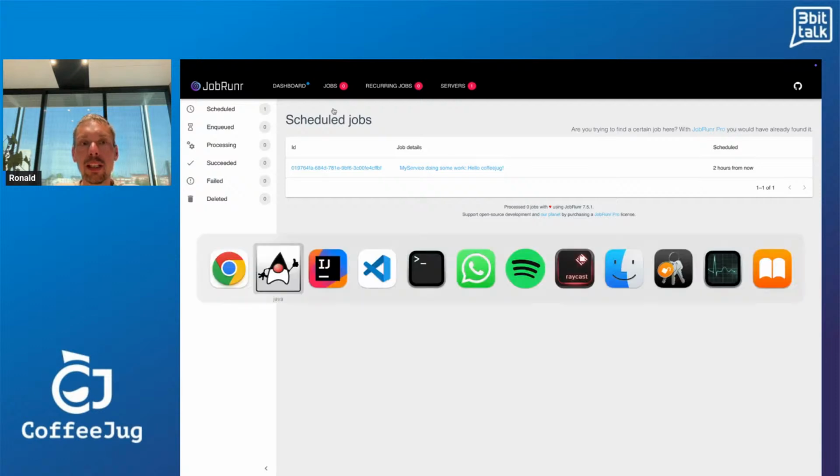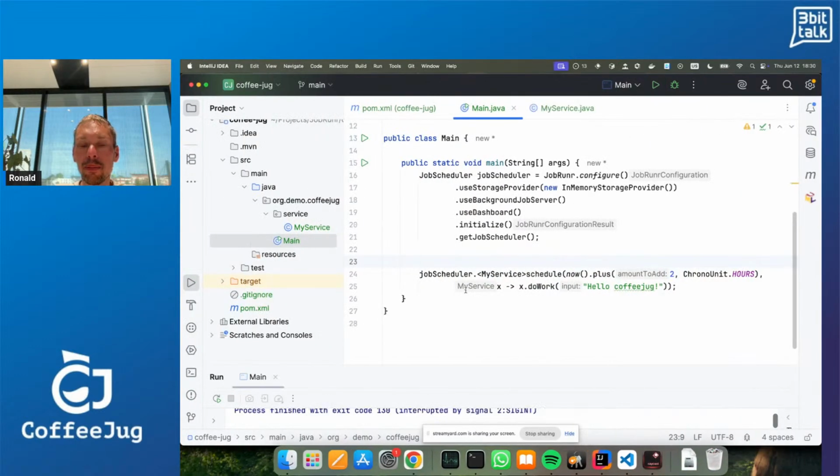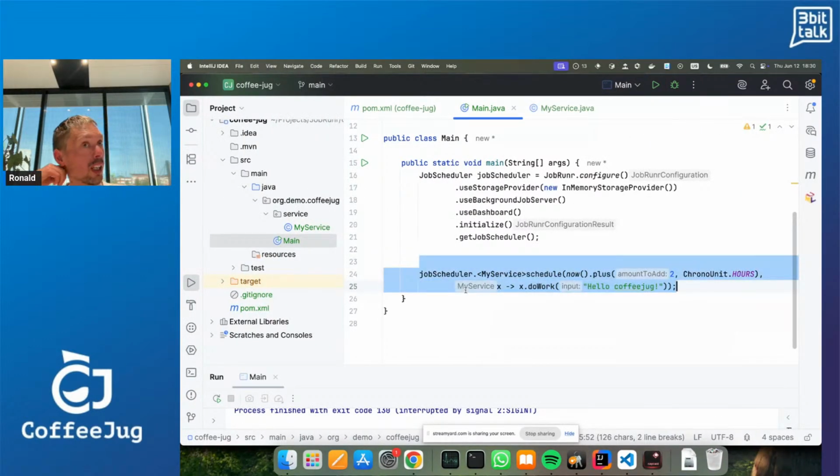And then we get to the last part almost of the demo. Let's stop this again. Sometimes you want to schedule something recurrently. Like another project where I could really use JobRunner was a project where we had to calculate the wages, or create the salary slips, of a large part of the Belgian population.